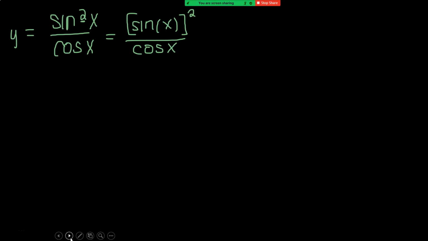So the derivative, or dy dx, is equal to ho d high. So the derivative of sine x squared,